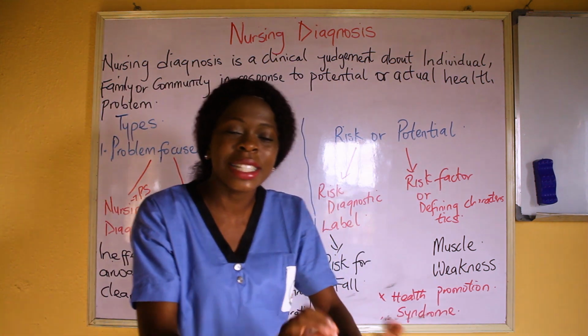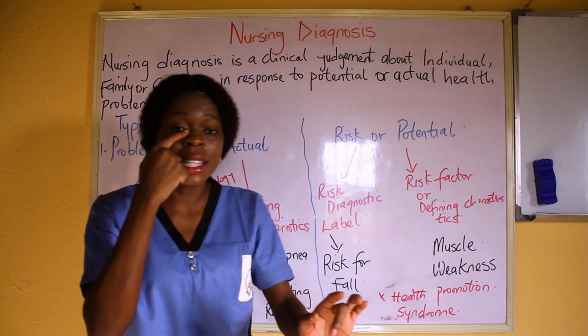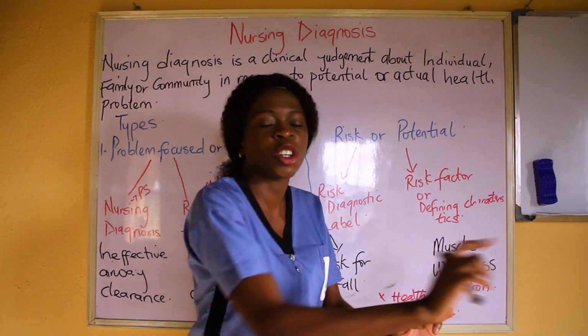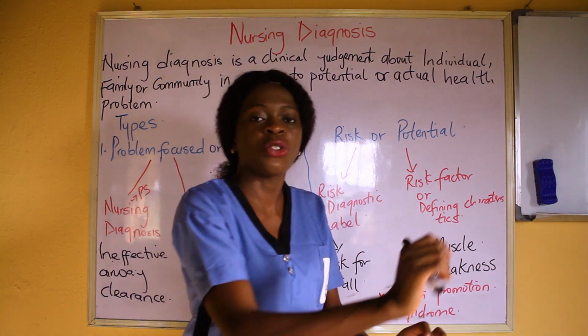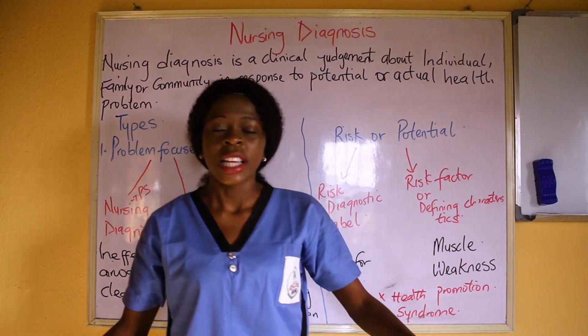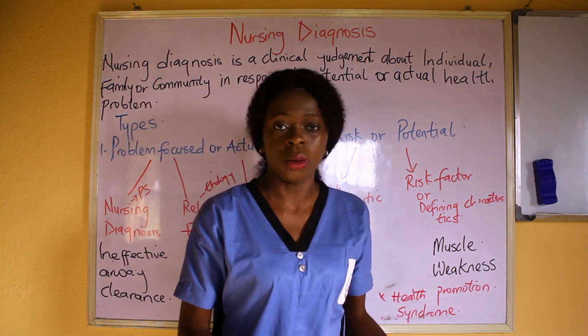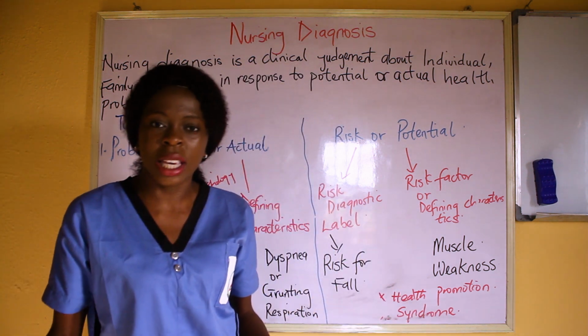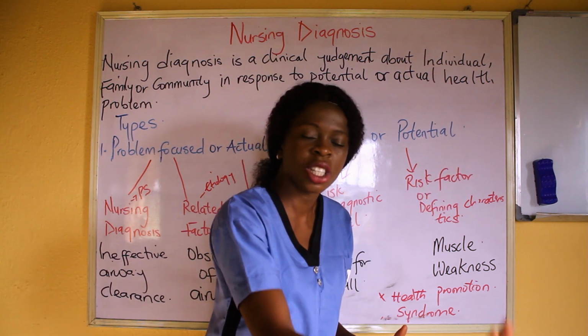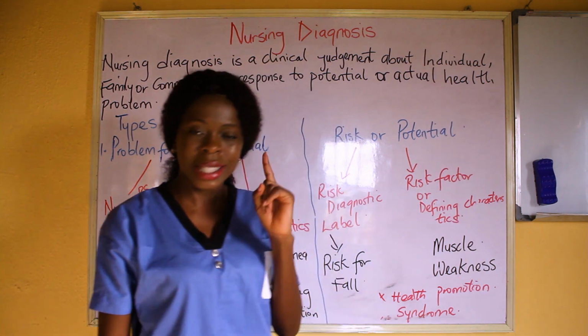The signs and symptoms are not there. But you're thinking, if I don't do my job properly, there's going to be risk for infection. There's going to be risk for a fall. If I don't put side rails up for my patient, there's a possibility my patient is going to fall down. You get? Because my patient is weak. So that is why it is risk. You are not seeing those signs and symptoms when assessing the patient, but you are thinking fast as